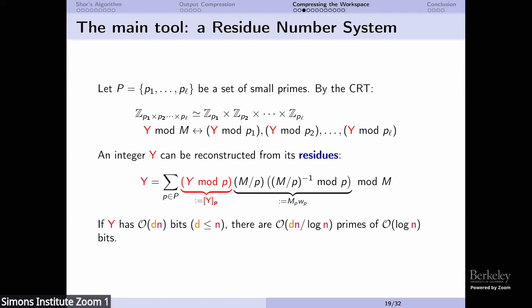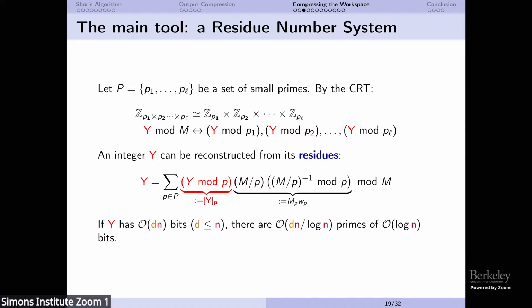This is used to optimize arithmetic operations, to perform them in low depth, and to obtain some results of circuit complexity with low depth. The idea is that you can represent an integer using its residues modulo a set of small primes. So you fix a set of small primes. The Chinese remainder theorem gives you a bijection between integers modulo the product of the primes and tuples of integers modulo the small primes. And this bijection is constructive, which means you can go in one direction by taking the modulo p_i, and then you can go in the other direction, reconstructing the integer from the residues with this formula.